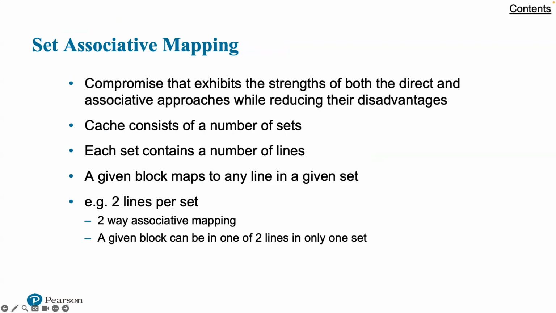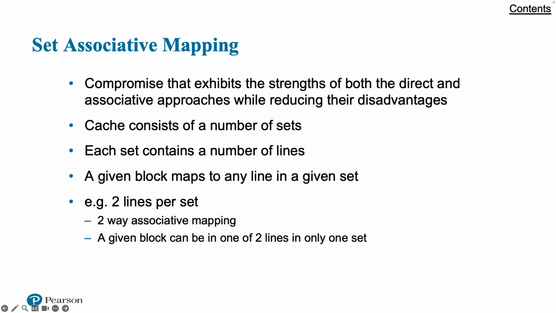So let's continue with set associative mapping. Set associative mapping is a compromise that exhibits the strengths of both the direct and associative approaches while reducing their disadvantages. In this case, a cache consists of a number of sets, each of which consists of a number of lines. The relationships are M equals V times K, and I equals J modulo V, and we talked about the modulo operator before,